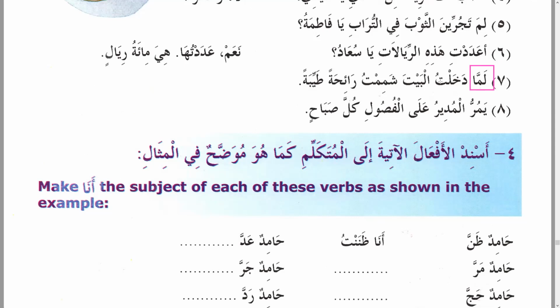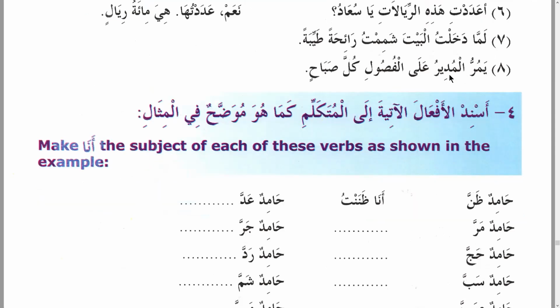لما دخلت البيت, when I entered the house, شممت, see kasra, not shamamtu, because this is bab samia. I smelled a beautiful smell. يمر المدير, مر يمر, the principal passes على الفصول by the class. على does not mean on the classes here. مر always comes with ala, and it doesn't mean on the classes, by the classes. كل صباح,